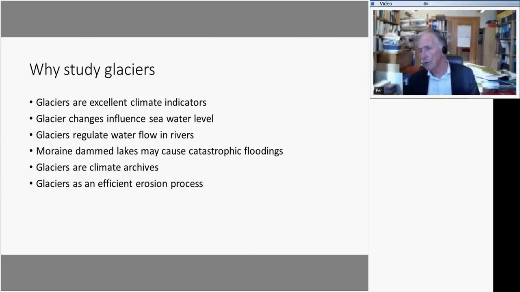So, why do we study glaciers? They are excellent climate indicators, and they are influencing the sea level. They regulate water flow in rivers. Rain in lakes can cause catastrophic floods, and this is a reason for keeping track of them. And then glaciers are climate archives. And then glaciers can be studied as an efficient erosion process, and this has importance for how we believe that the landscape will be modulated during